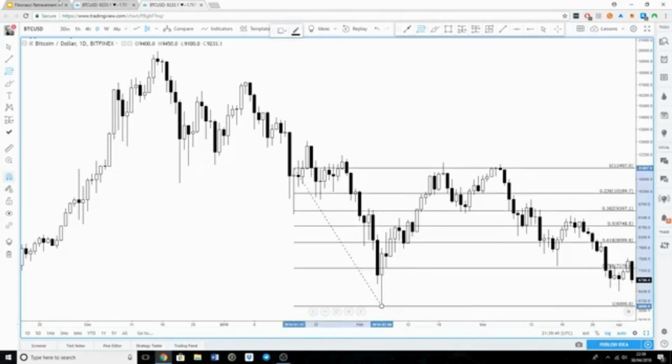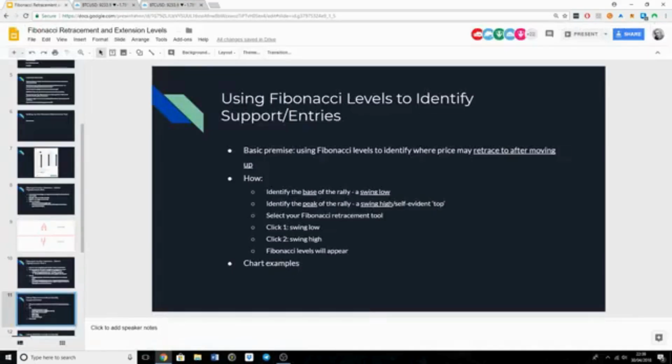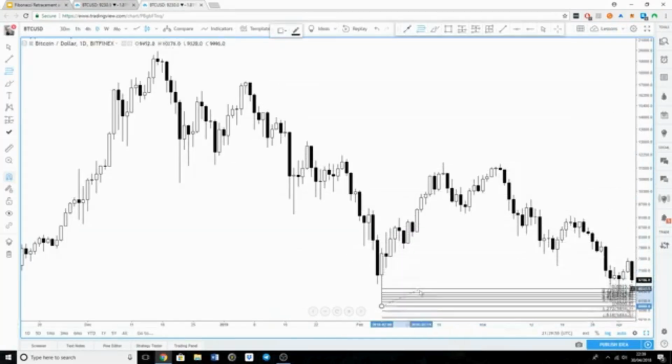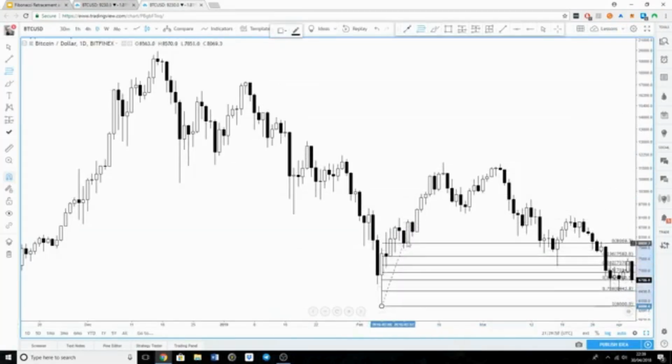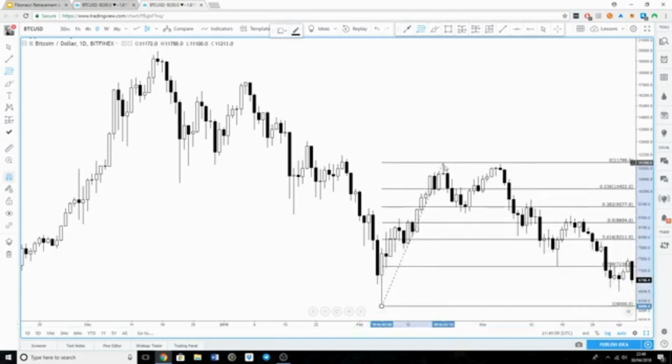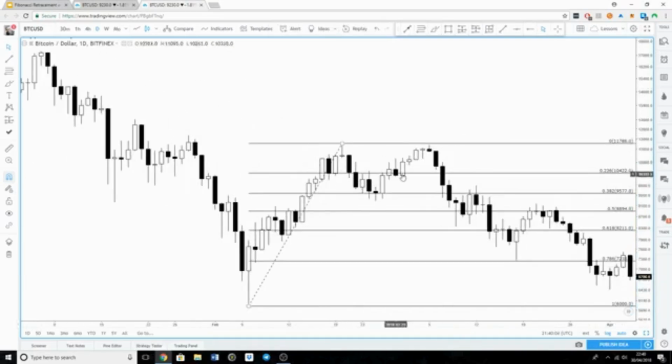And then what do we do after that? Click 2 is the swing high, which is either a swing high structure, but more often, again, not to overcomplicate things, a self-evident top. What is the self-evident top of this move from here to here? Well, it's obviously this wick. Here we go. And as you can see, our retracement levels appear,